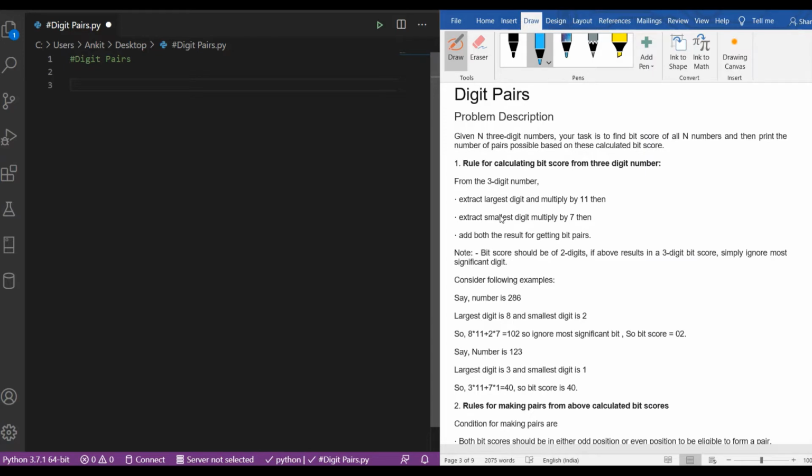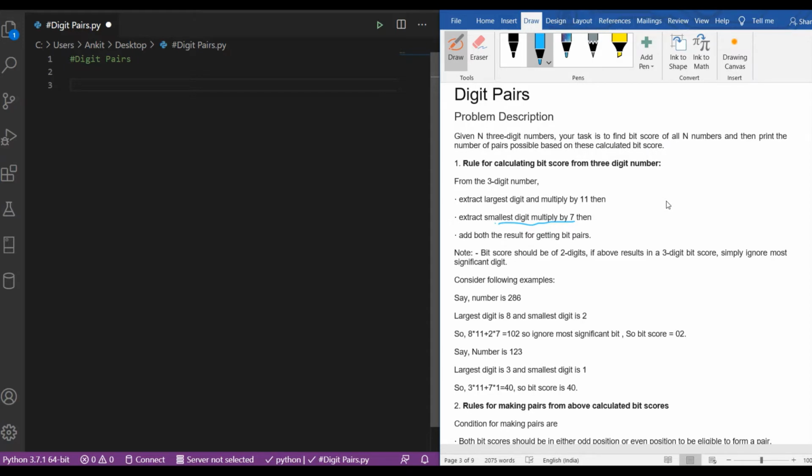For that, what we have to do is find the largest digit from the three digit number and multiply it by 11, and after that find the smallest digit and multiply it by 7, and we get the bit score